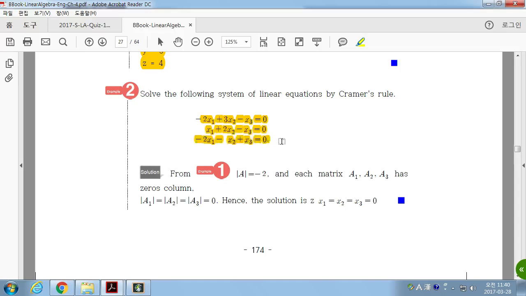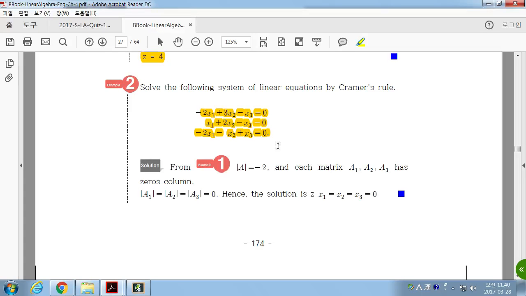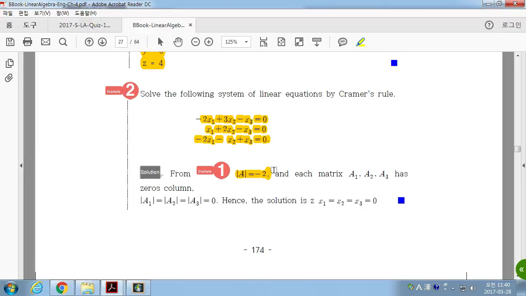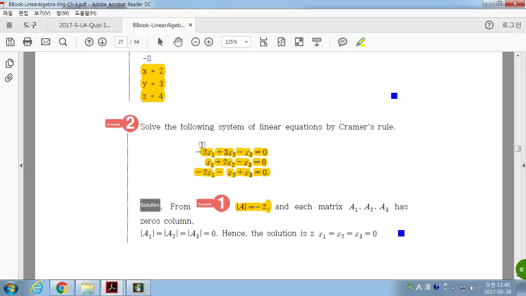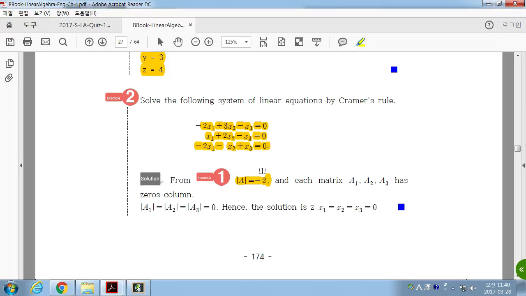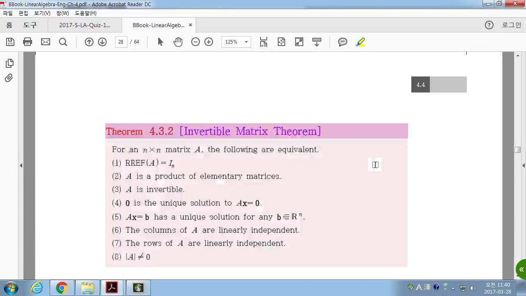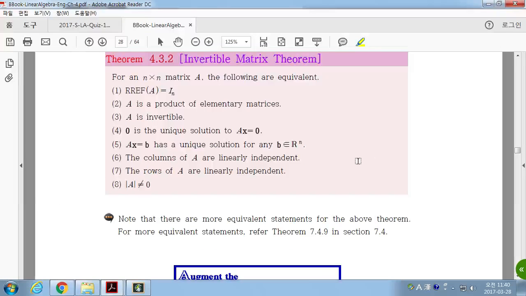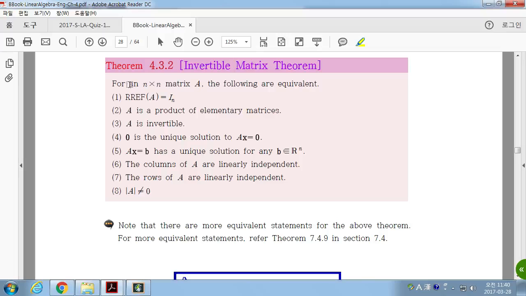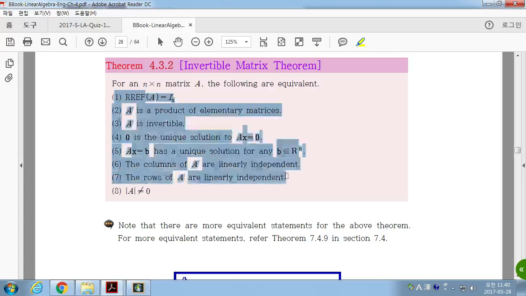Suppose we have this homogeneous system of equations, and the determinant of A was not 0, it was minus 2. Okay? Since the determinant is not 0, the inverse matrix does exist; multiply by it, then x should be a 0 vector. That's the only trivial solution for this linear system. For a homogeneous system, if A is non-singular, then it has only the trivial solution. For an invertible matrix, I think we already had this.